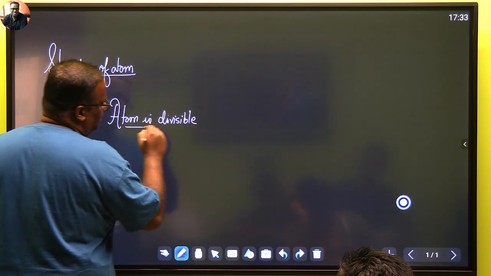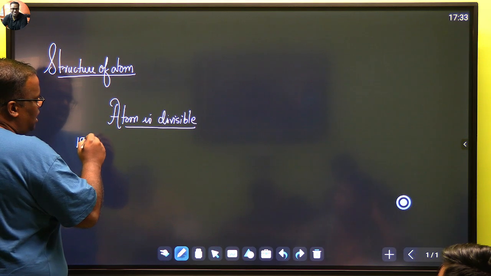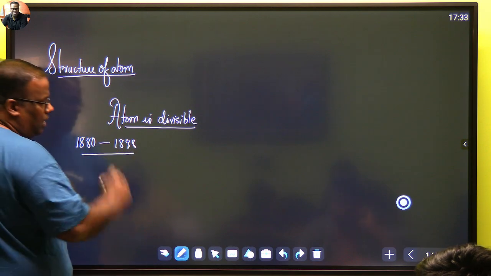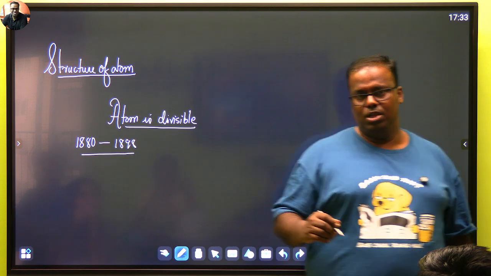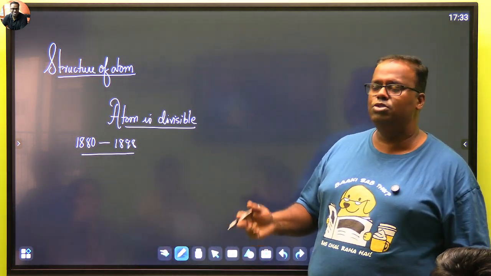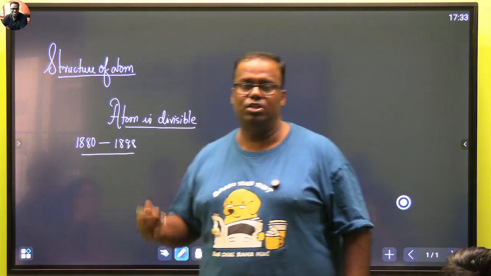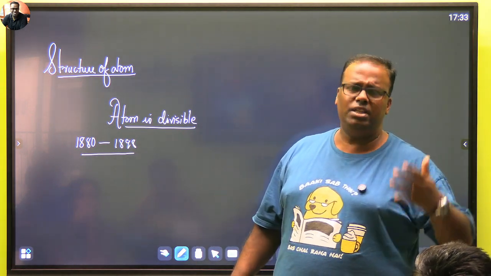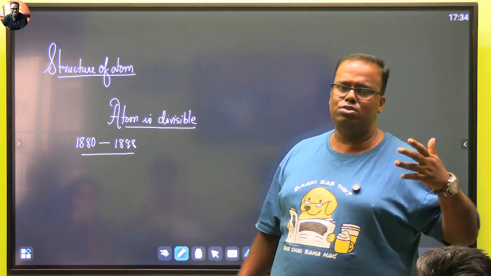The atom is divisible, and we are in the period somewhere around 1880s to 1898. इस period में हम चल रहे हैं. In this time a lot of advancement in science had happened, so much which has not even happened today. Some of the reason, as you must have read in geography and history, like the Industrial Revolution, Renaissance, and all these things brought up the enlightenment of science. So many things were discovered, many phenomena were discovered.